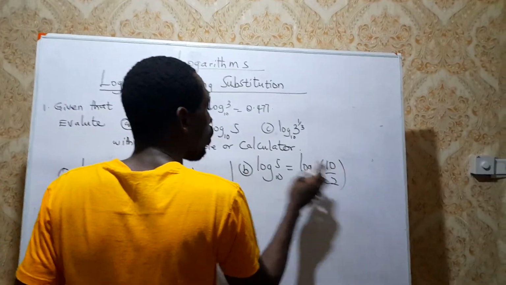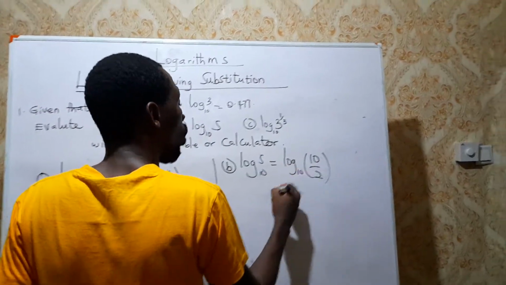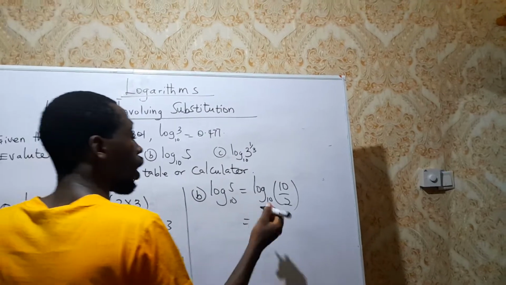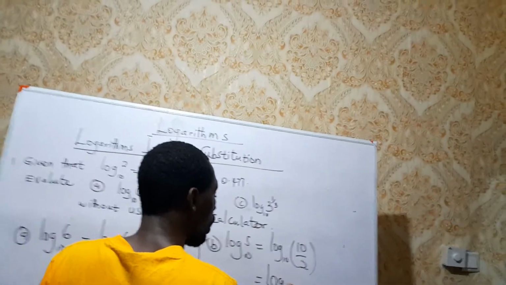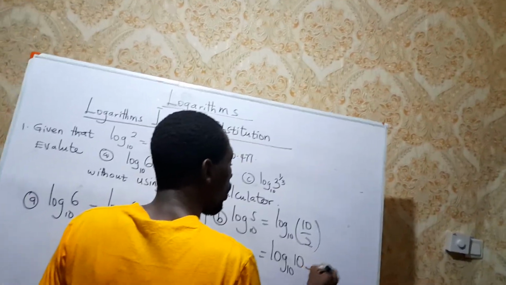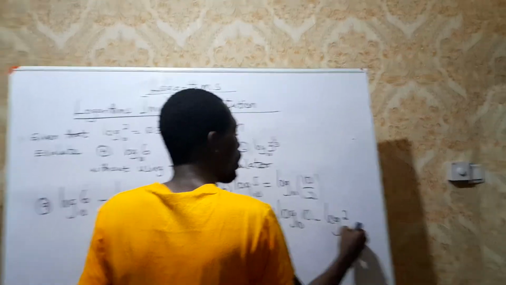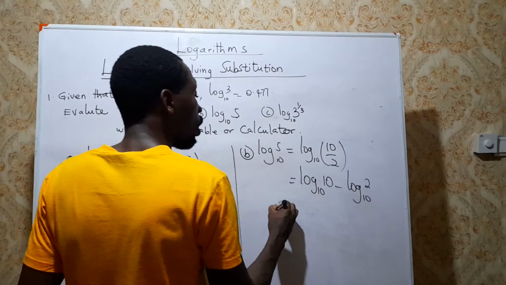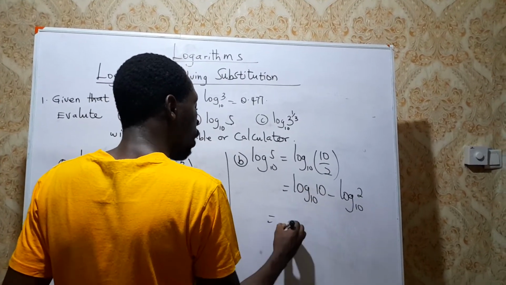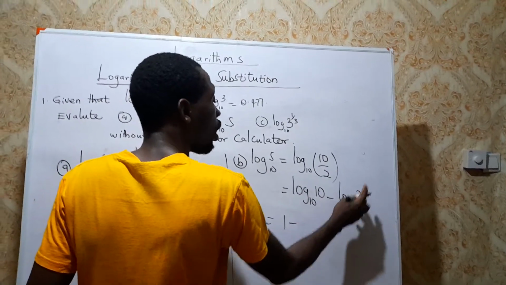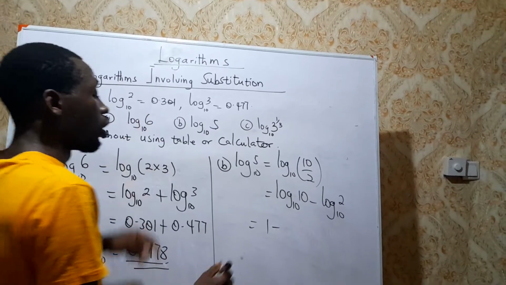So 10 divided by 2 is 5. So if logs are divided, we can subtract. So this will be log 10 base 10 minus log 2 base 10. I hope you get that. Now log 10 base 10, a log to the same base, is 1. Then minus our log 2 base 10 was given to us to be